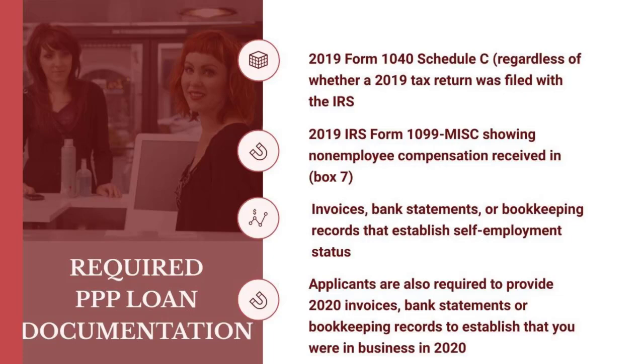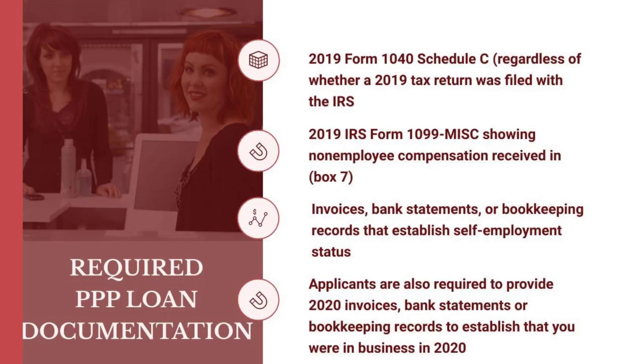And in order for them to determine how much money you brought in, they have to look at invoices, they have to look at bank statements, and they may have to look at your bookkeeping records that establish self-employment. Now, if you have bookkeeping records, in other words, if you keep your books, then the bank statements and invoices are probably going to be null and void, because they're going to compare the invoices, bank statements, and bookkeeping information,